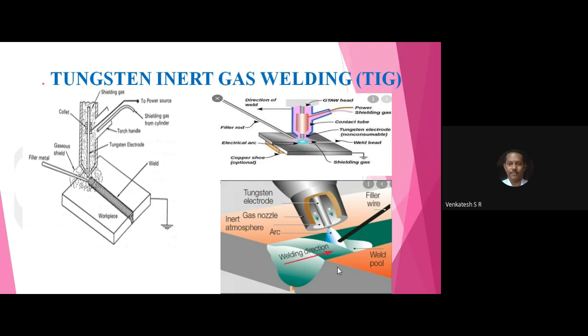The inert gas covers the welded joint from the start till the end of the welding process, so that there is no oxidation of the joint. If oxidation happens to the joint, what will happen? The joint becomes brittle. For that reason, the joint should be covered with the inert gas, that is argon and neon. All of you observe here, this is the principle of operation of tungsten inert gas welding. This is the complete setup of tungsten inert gas welding.